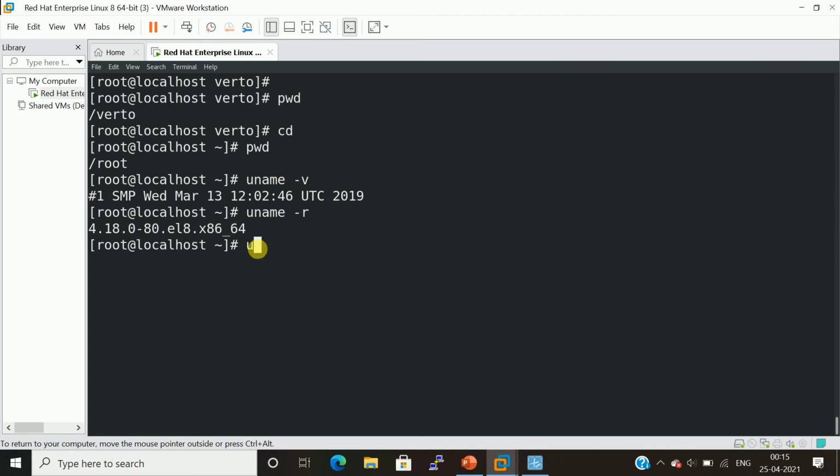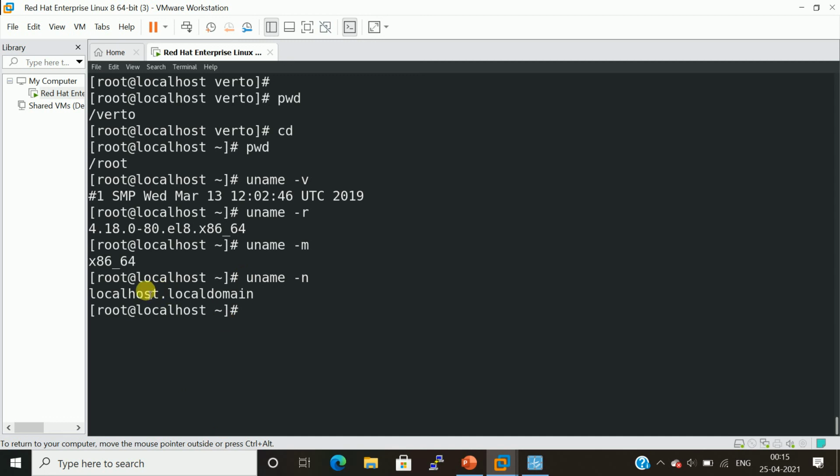Let me go with another command, uname -m. It will show the machine's architecture bits. So here it is x86 64-bit. Let me go with another command, uname -n.